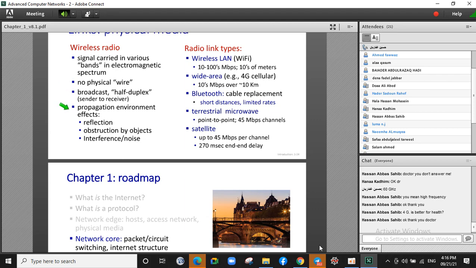When we talk about wireless radio, we should be careful about the propagation environment effects. The environment around a wireless radio affects its signals. These effects are reflection, obstruction, and interference. Reflection means that an object can reflect a signal, something like a mirror, like a light reflected by a mirror